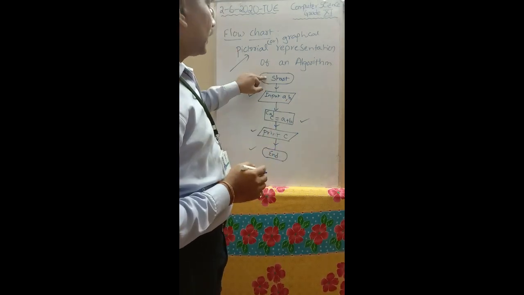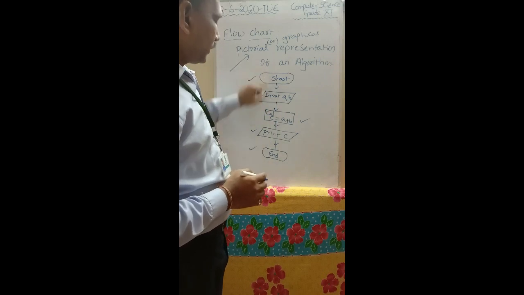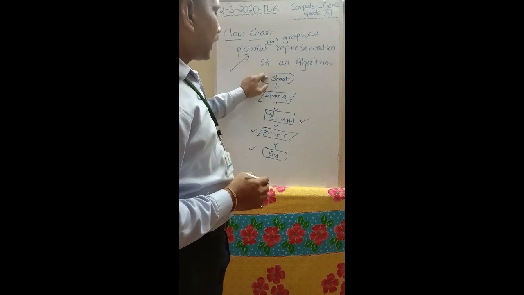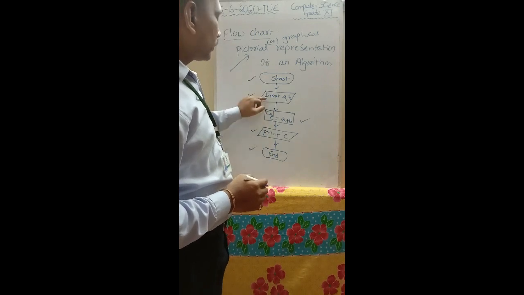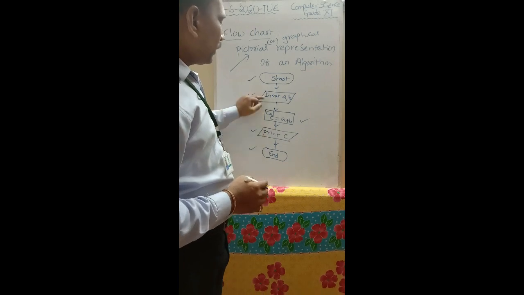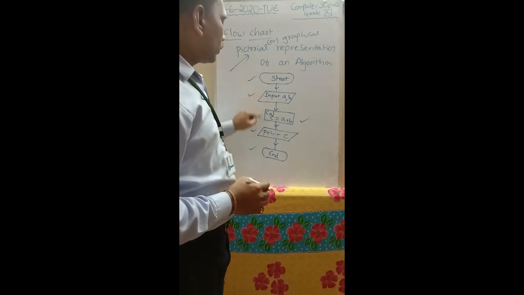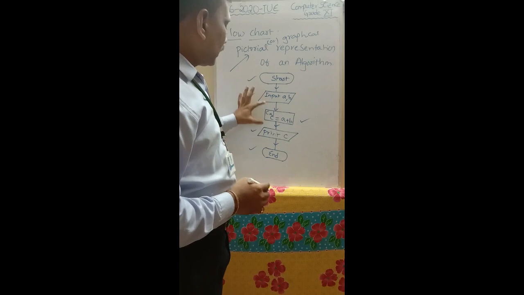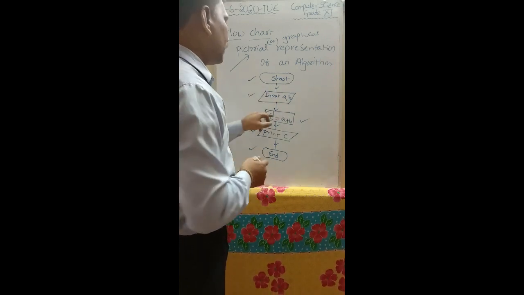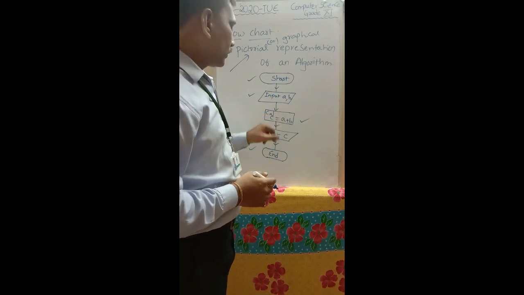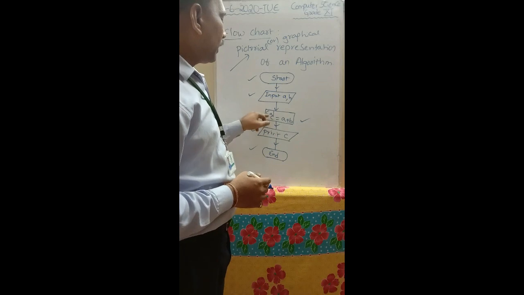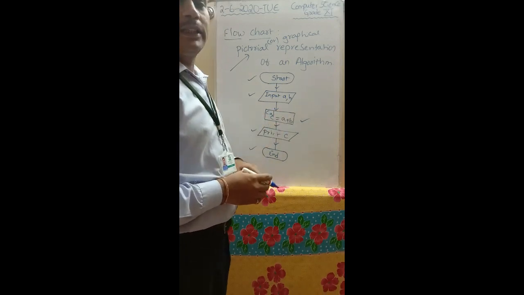called start or stop boxes. These two boxes, according to their symbols, are start or stop boxes. According to symbols, these are used for input and output purposes. According to shape, these boxes are called parallelogram shaped boxes. This one is a rectangular shaped box. This one is used for actual processing. Logic can be placed in this rectangular shaped box.